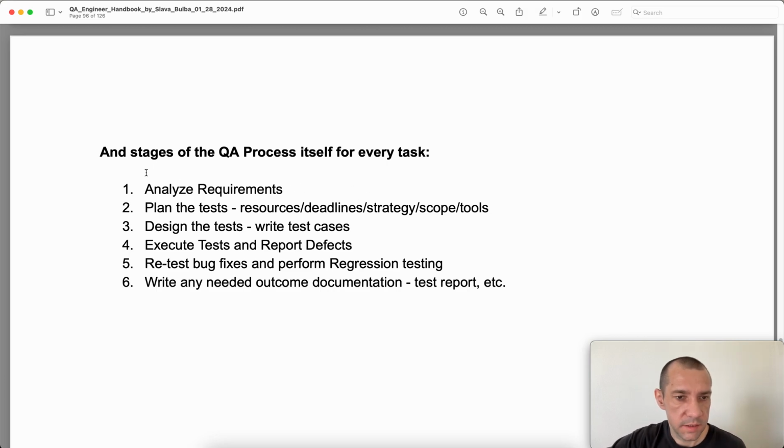So analyze requirements, plan some tests, understand the deadlines and everything, then design the tests, meaning write the test cases themselves. Honestly speaking, these three might be done all together. For example, taking a look at the story in Jira, you analyze everything line by line and write down each test case that you can think of. So yeah, these three can be performed together,